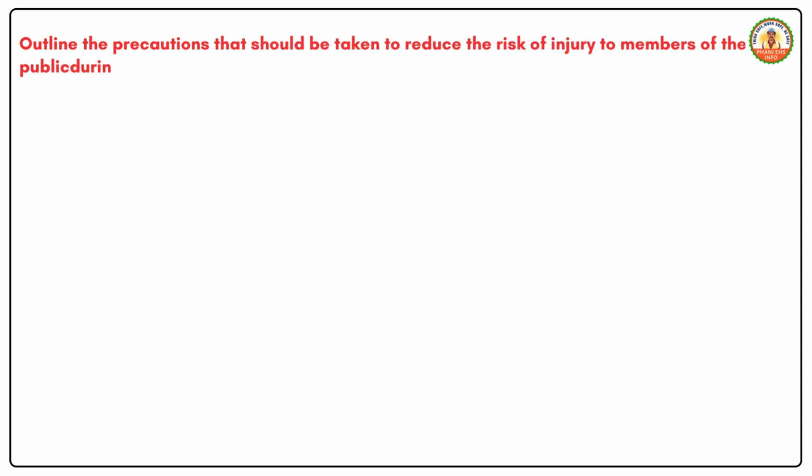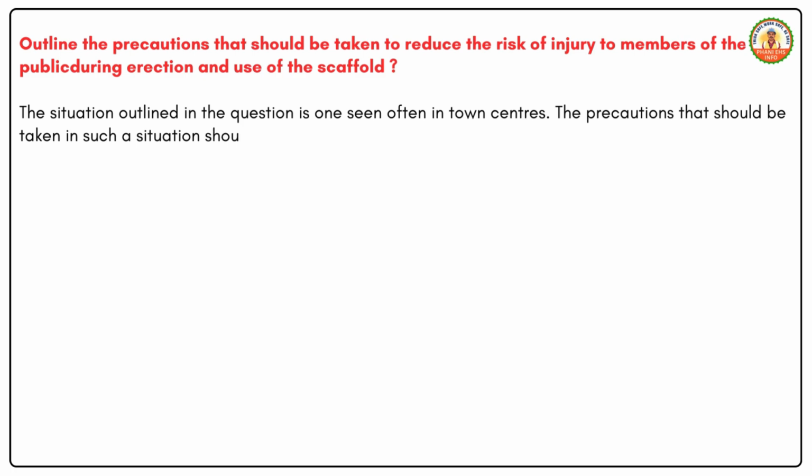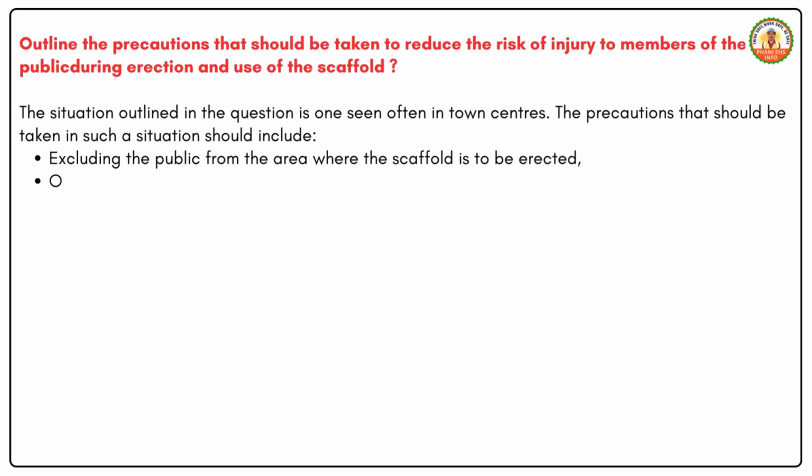Outline the precautions that should be taken to reduce the risk of injury to members of the public during erection and use of the scaffold. The situation outlined in the question is one seen often in town centers. The precautions that should be taken in such a situation should include excluding the public from the area where the scaffold is to be erected, obtaining a temporary pavement or even street closure if this is thought to be necessary,